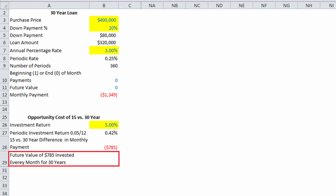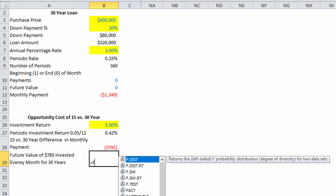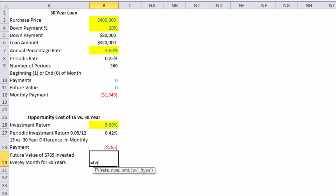So let's input that here in cell B29, and the inputs are as follows. First, you type in the equal sign, and then FV for the future value function, then an open parenthesis, and the first thing that Excel is going to ask you for is the rate. And this is the monthly rate. And again, the reason we use monthly is because we're going to be investing this money every month. And we know the monthly rate is simply 5% divided by 12, which is